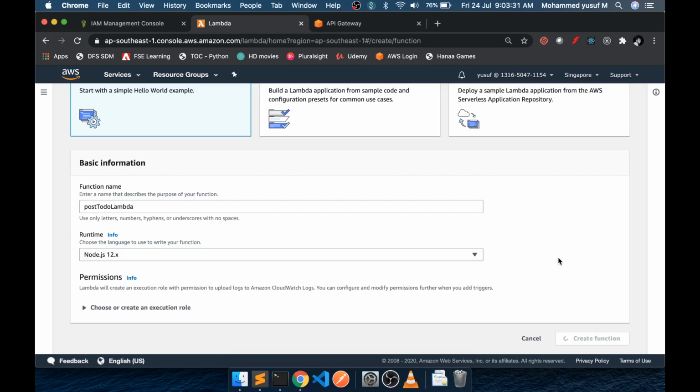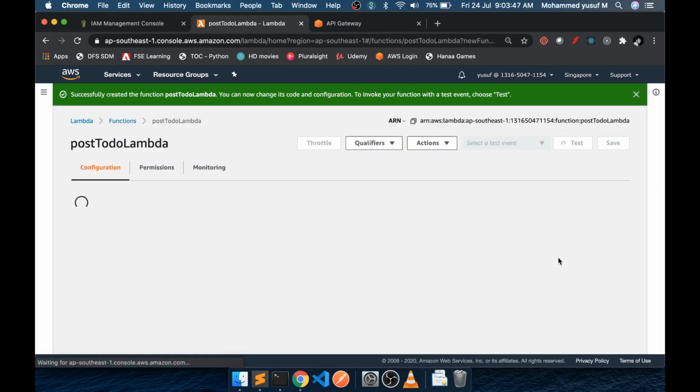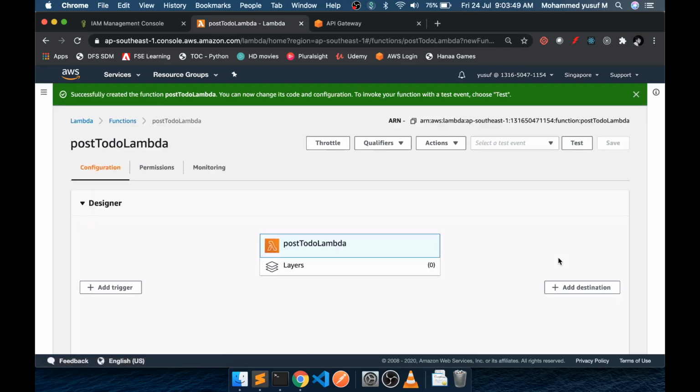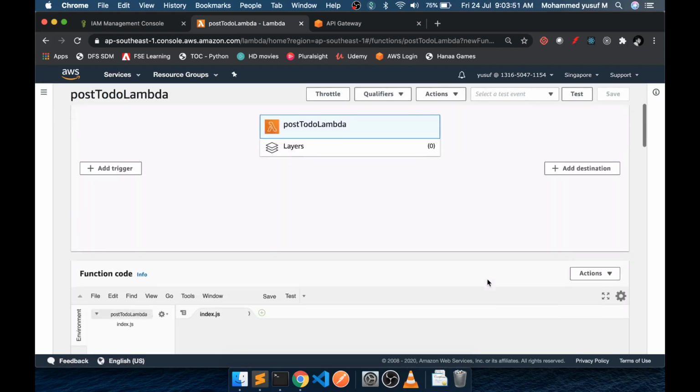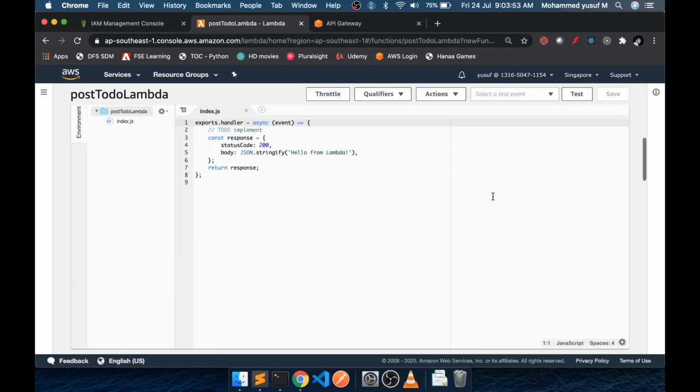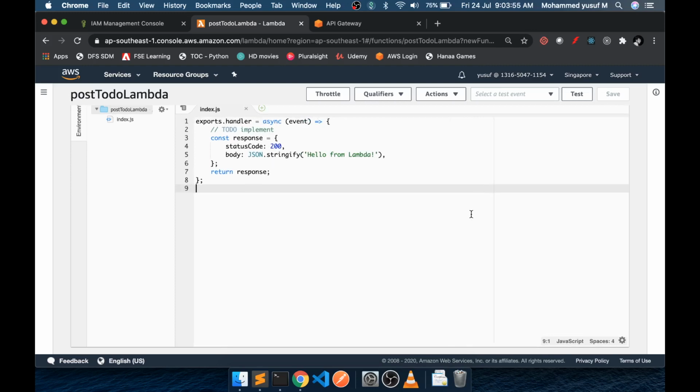So here we still use the same AWS SDK. Everything is the same. What will be different is actually the parameters. Last time we did db.scan and gave the parameter. The parameter was nothing but just the table name, but this time we need to have the payload. The payload is nothing but the data we want to create, and then it will proceed further as usual. So let me make it bigger.